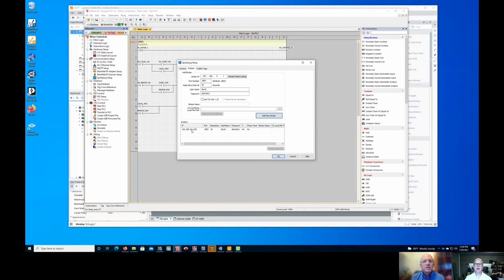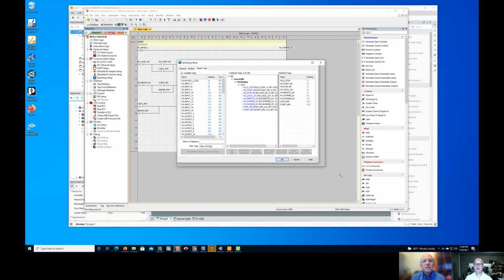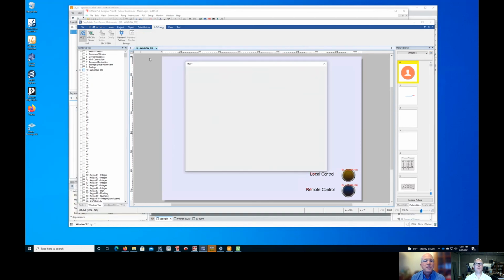So again, it's going to the same IP address as the one on that Ignition server, giving it the same username and password. And then when I want to publish some tags, these are all the tags that you have to go in and set up. I've actually gone through. So here's my group and my node and my device IDs. I can also create another layer in here to keep with the ISA 95. And then all I have to do is any of the tags that I have sitting over here, that's just a drag and drop. So where it's different from the Maple systems coming in here is that when I set up all of these tags in here,